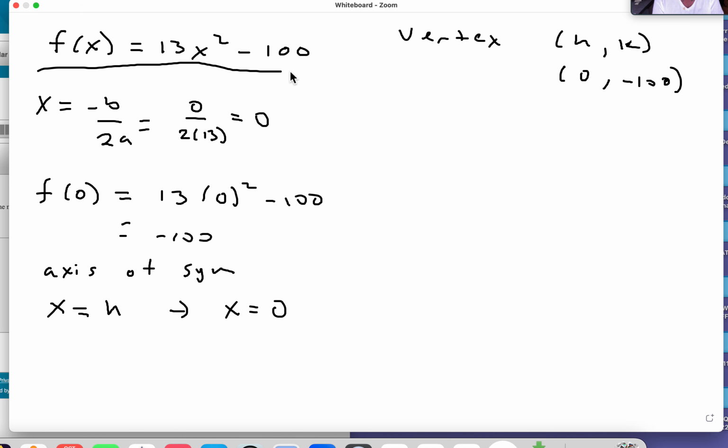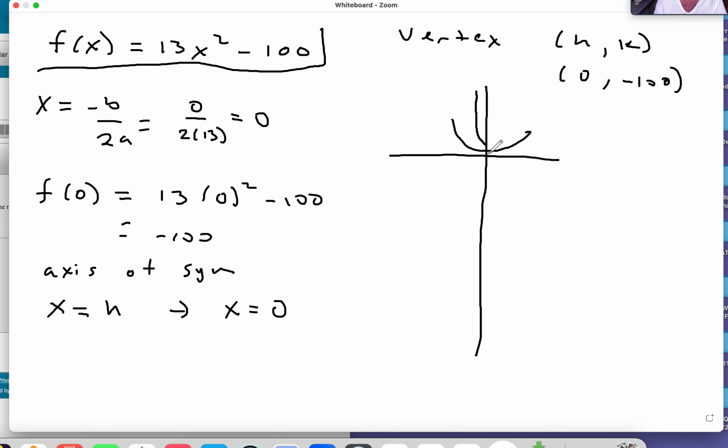And then the other way to look at it is just to kind of think about what the graph would do. We don't have to draw a good graph. We'll just draw kind of a meh graph here. But if we think of our transformations, this minus 100 is shifted down 100. And that 13 means it's stretched by a factor of 13. So instead of being some kind of wide thing like that, it's going to be a super narrow thing like that. But it's a super narrow thing like this that's just shifted down here to negative 100. And it would look something like